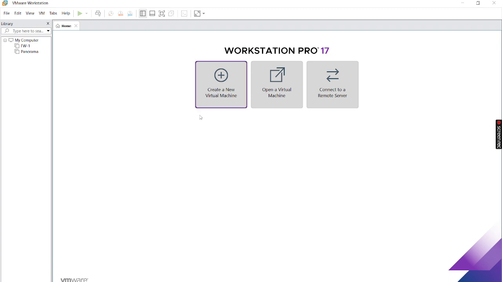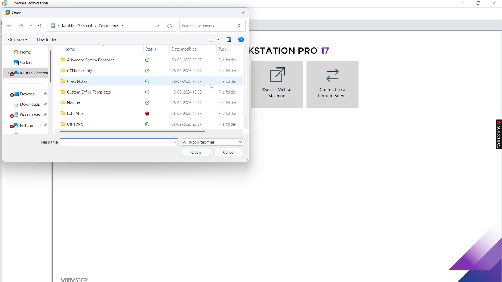If you click on create a virtual machine, it will be a huge process. We need to add the ISO file here, and there will be multiple steps while the EVNG is installing. To avoid those multiple steps and also the time, you can go with open virtual machine. If you click on open virtual machine, it will work with OVA files. We will be having an OVA file.